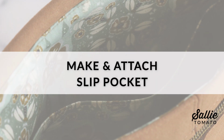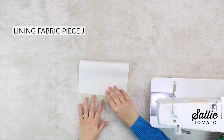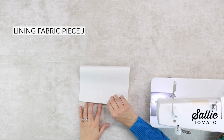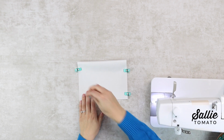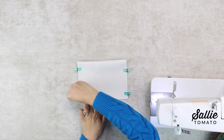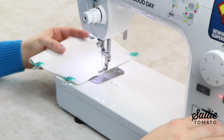Next, we'll make and attach the slip pocket. With right sides together, fold the lining fabric piece J slip pocket in half so it measures according to the pattern. You'll want to align the bottom and side edges and either pin or clip the layers together. Sew the sides and bottom edge with a 1/4 inch seam allowance, leaving a 3 inch opening along the lower